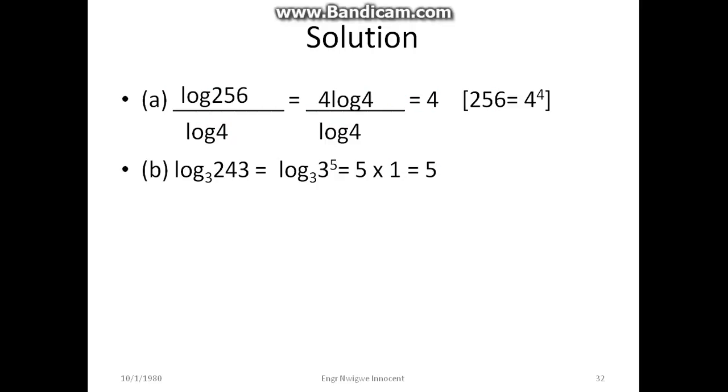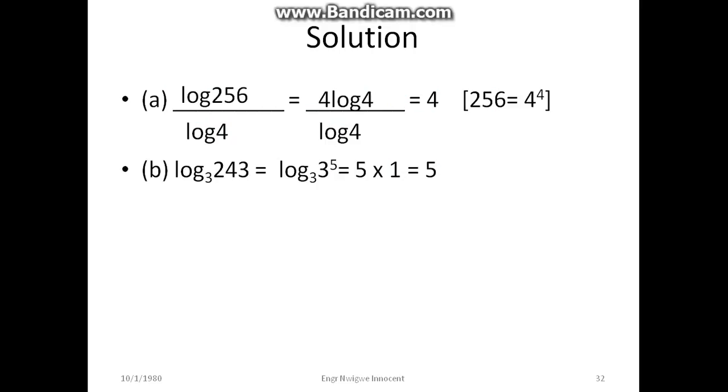That is what we have been trying to achieve. So we have log 3 to the base 3 raised to power 5. Therefore, if 5 came before log 3 to the base 3, we have 5 times 1,